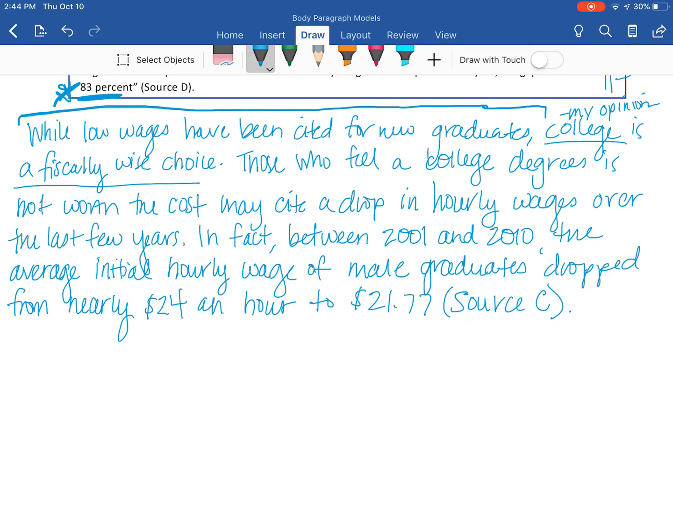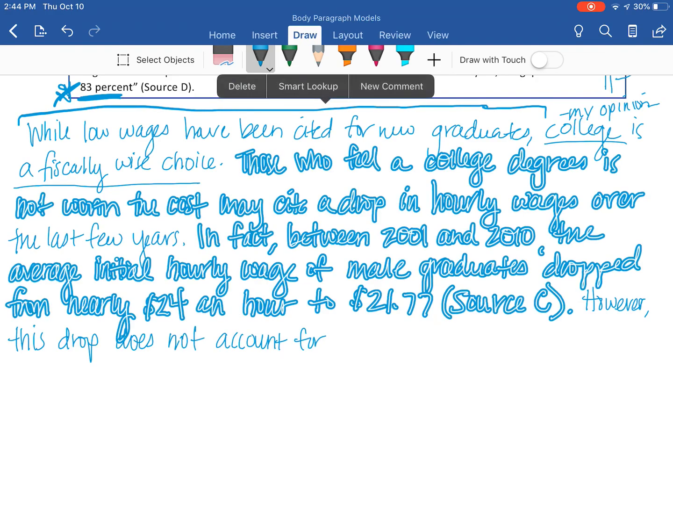But I'm going to do what's called the switch in my counter argument, where I turn over from the they say to what I say. So I will say, however, this drop does not account for,